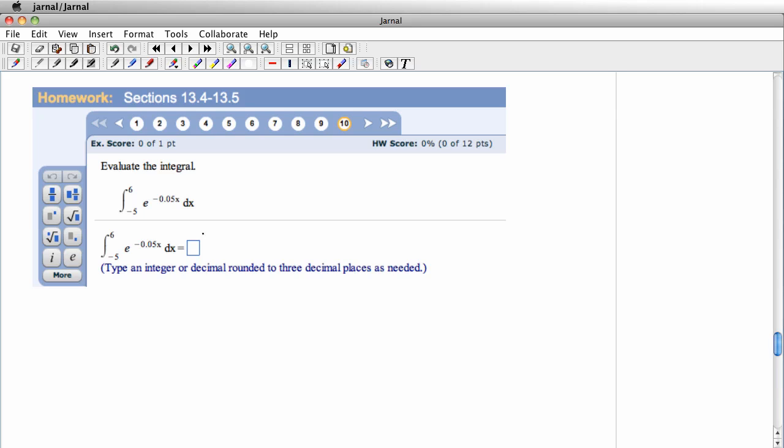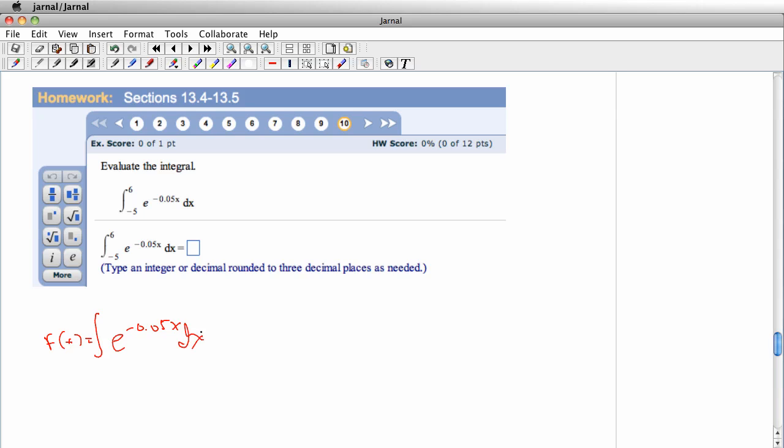Here's an example that has an unusual power of e, and I don't think we've done one of these before, so let me just take a second to talk about how to find the antiderivative of this. So let's first just consider the antiderivative question. In other words, I won't worry about the 6 and the negative 5 yet, so I'm just worrying about finding my capital F, which is just the